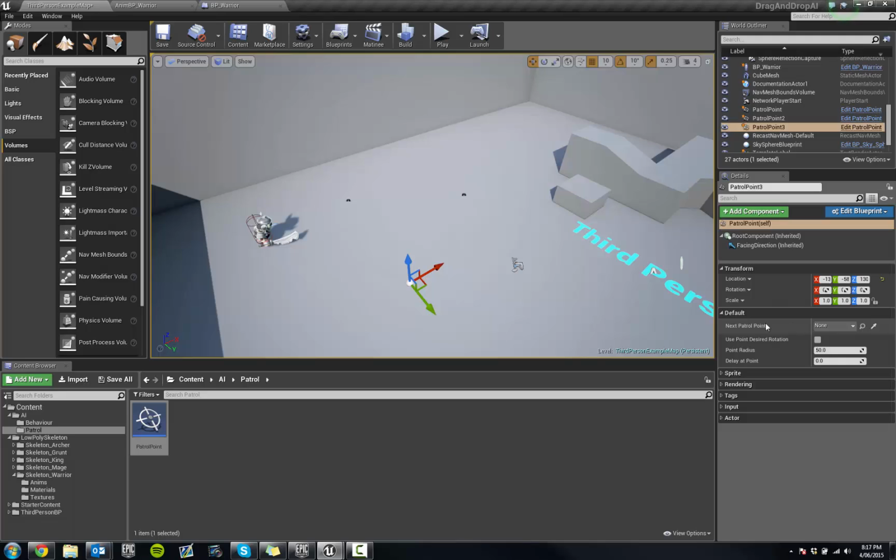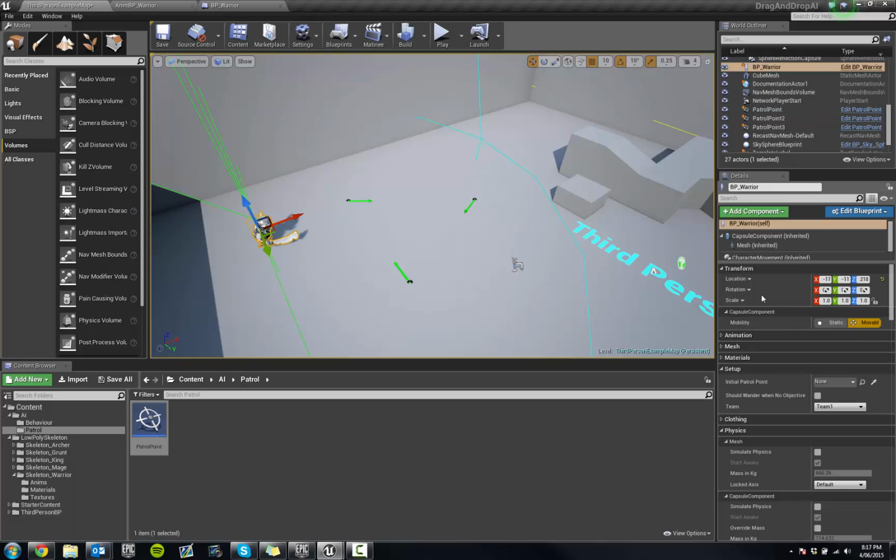The patrol modes have a list of functionality here. We've got next patrol point, which we'll cover first. So, handy eye picker tool, we just pick something from the scene, and as I pick this last one, it closes the circuit so they'll go green, and you can see these arrows update as you move them around, pointing to and from, which is just a really nice feature as a developer tool, seeing where